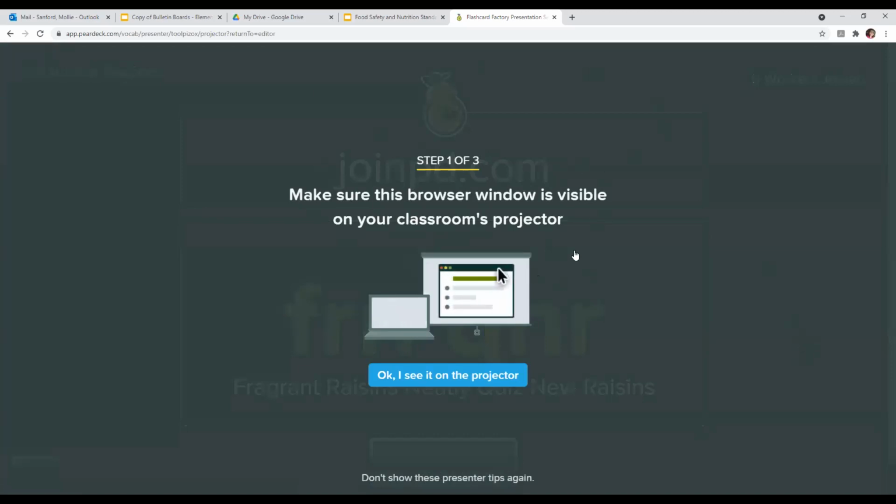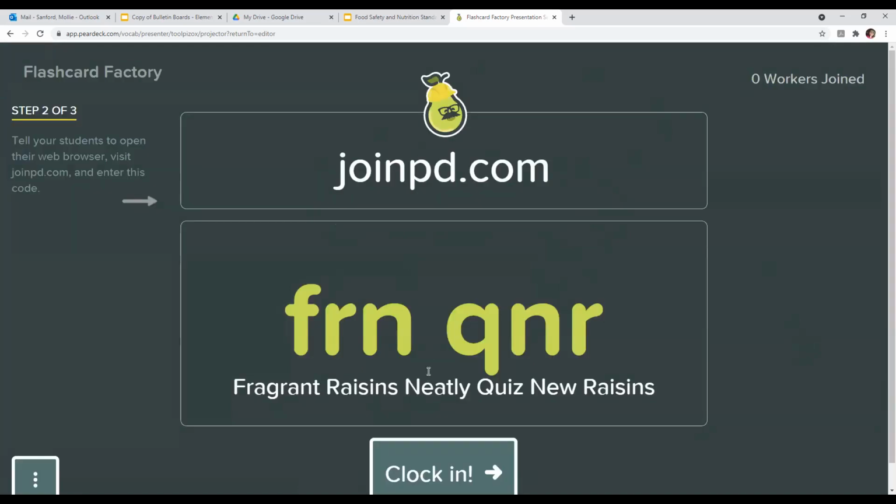So make sure your browser window is visible on the classroom projector. So smart board, smart TV, whatever you're using. Okay, let's pretend I see it on my projector. This is what I'm asking the students to do, so I'm gonna do it on my own device. So join pd.com. I'm gonna enter the code FRNQNR